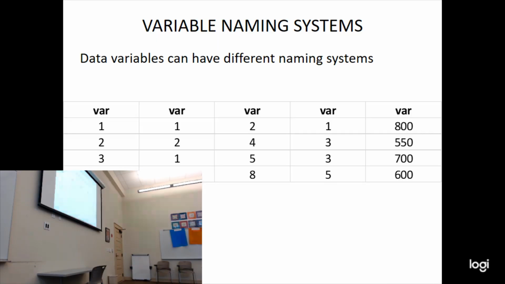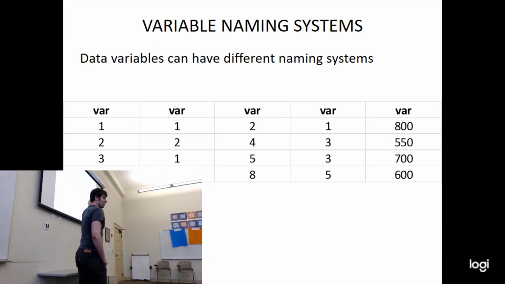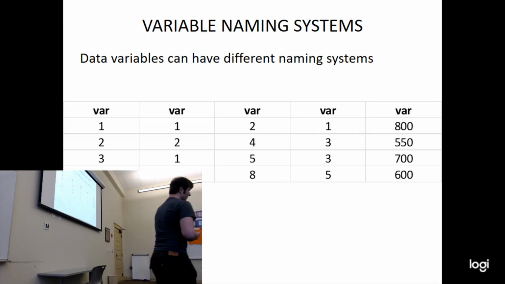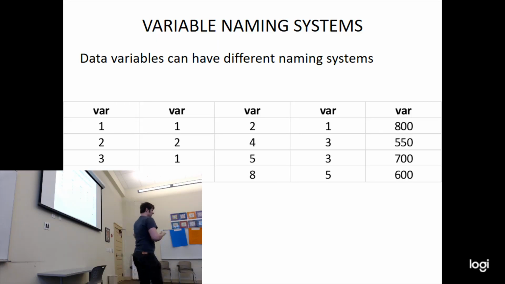Yeah. And why would it be a problem if they're all the same name? We don't know which variable is which. Yeah, often we want to reference a specific variable. So you want to pull out that variable and then calculate a mean or use it in a GLM. And if two variables are named the same thing, then when you're trying to do this in R or whatever program you're using, there's no way for the program to tell